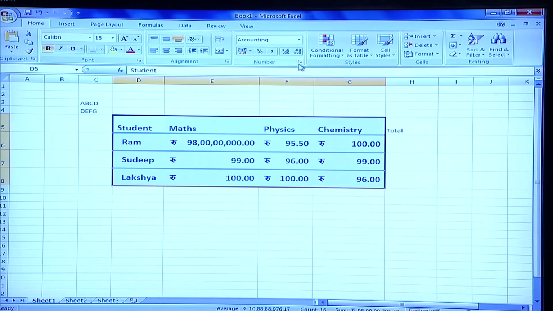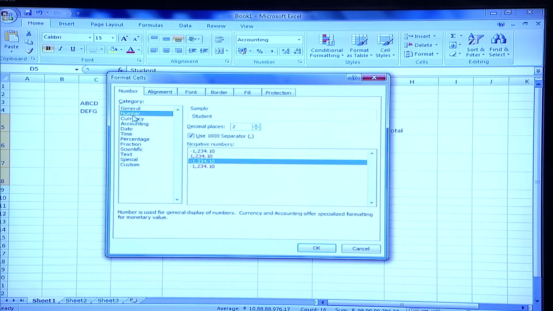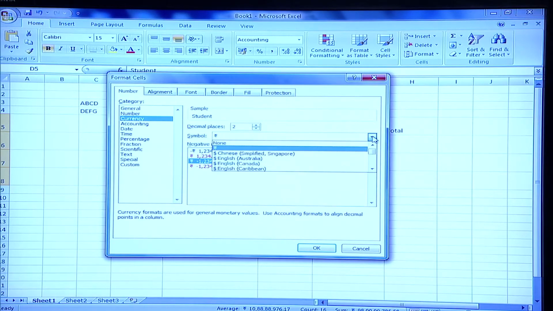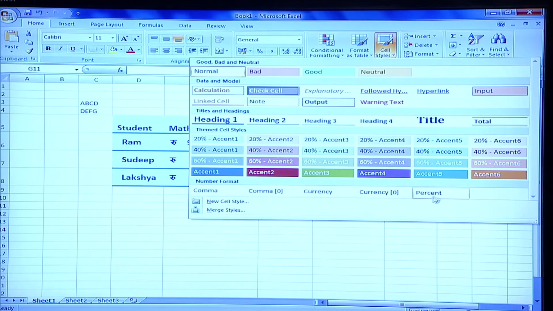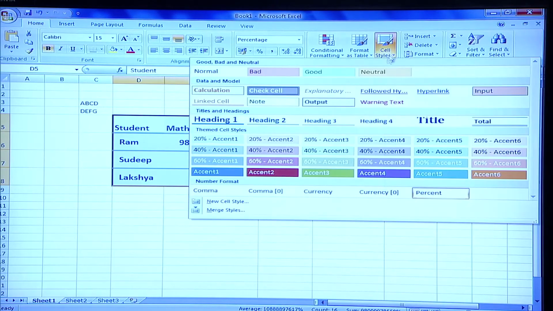So, there is no need to go into the conventional approach we learned in the number tab, where you go to number, then select currency, and then select the symbol. Instead of making so many changes in the dialog, because if you want to select rupees you have to find it, right, using these styles you have done it automatically. Similarly, there is another style available for number format, which is percent. It has automatically described your numbers in the cells as percentage. So, this was all about the cell styles.